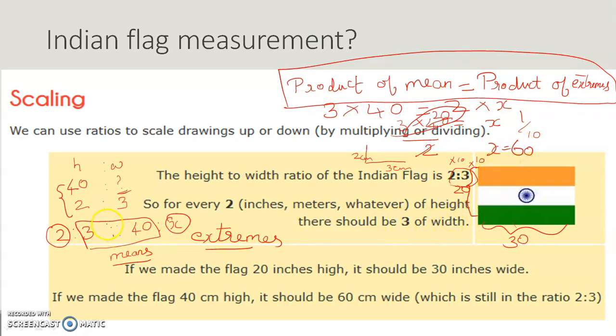To find the unknown in a proportional statement, if the two ratios are proportional, we will use this important statement. What is that? Product of means is equal to product of extremes. This statement we got just from the simple logic under unitary method. Hope you know what unitary method is, that you are studying right from 3rd standard, when division starts, and now we are discussing it. Isn't it? We will find it for one, then we will find it for many. That's called the unitary method.